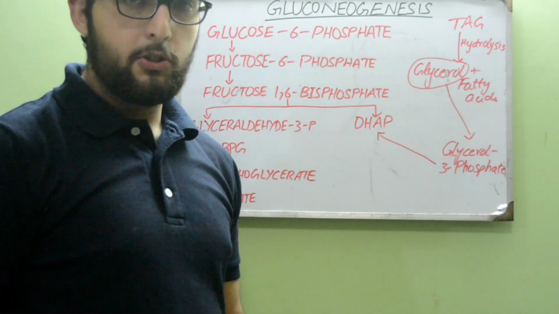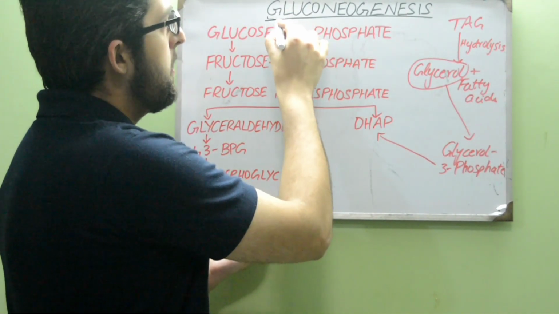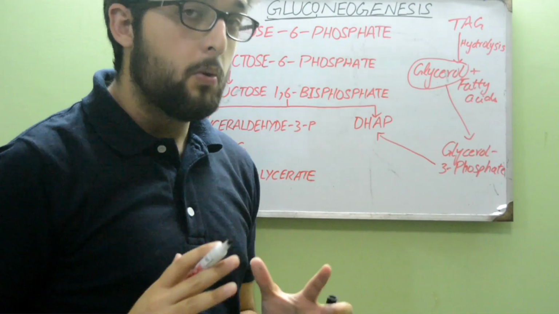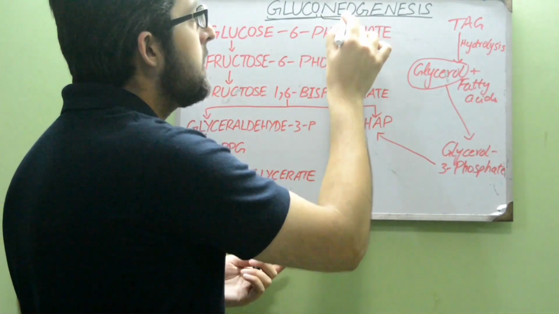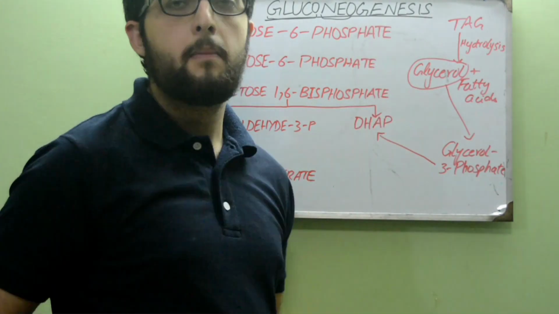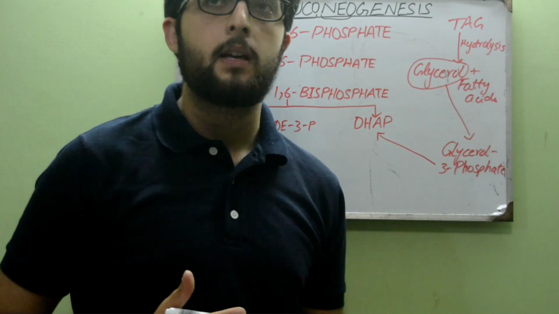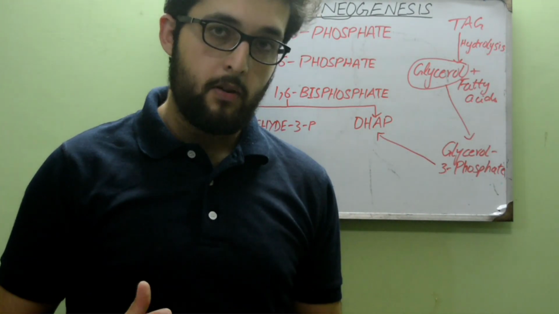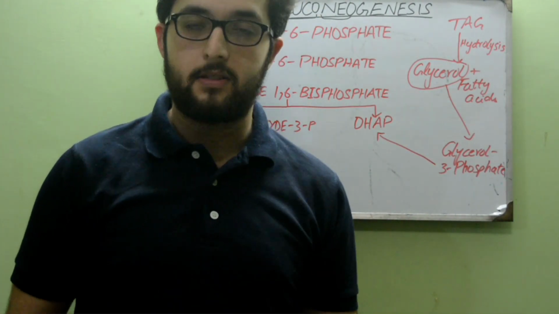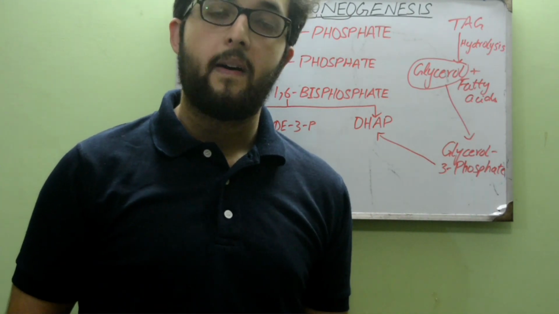Okay, so gluconeogenesis, what does it mean? The first part, gluco, is for glucose. Neo means a new form, a renewed form, and genesis means to produce, to make, right? So gluconeogenesis essentially means that we're producing glucose from non-carbohydrate precursors, especially when the glycogen stores are depleted in our